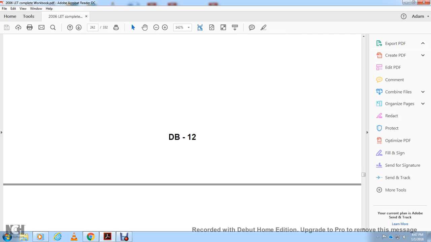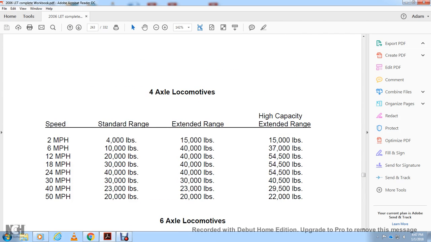The following are the amounts of retarding force developed at different speeds with the various types of dynamic brakes. 4 axles: 2 miles an hour, 4,000 pounds standard range, 15,000 extended range, high capacity range 15,000 pounds. 6 miles an hour, 10,000 pounds standard, 40,000 extended, 37,000 high extended. 12 miles an hour, 20,000 pounds, extended 40,000 pounds, 54,500 pounds high extended. 18 miles an hour, 30,000 pounds standard, 40,000 pounds extended, 54,500 pounds high extended. 24 miles an hour, 40,000 pounds extended range, 55,455 pounds,